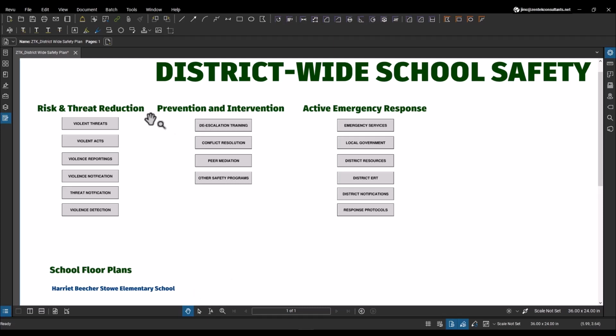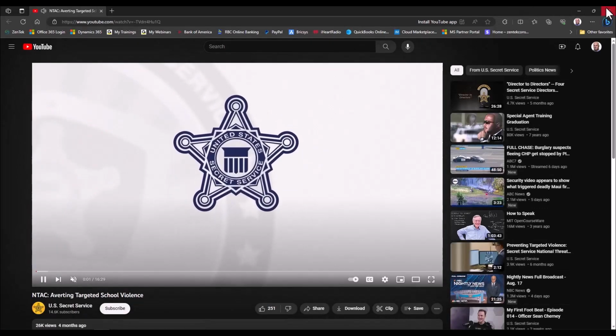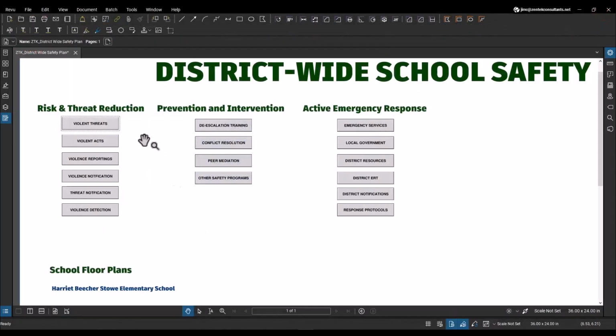So if you want to, you can do things like link directly to videos, YouTube sites, web videos, whatever it is that you guys need. So you see, we go in here and I'm going to click on this first button. You see that it's just going to bring me open to a YouTube video. Not a problem. If I need to get to more of a text-based setup,